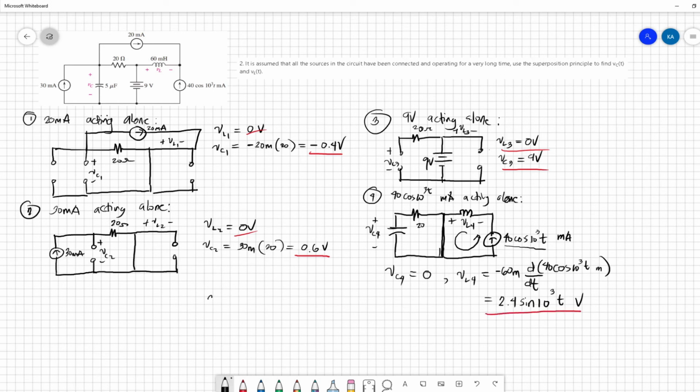So finally, our VC of t is equivalent to VC1 plus VC2 plus VC3 plus VC4, equivalent to 9.2 volts. Our VL of t is equivalent to VL1 plus VL2 plus VL3 plus VL4, equal to 2.4 sine 10 to the power 3